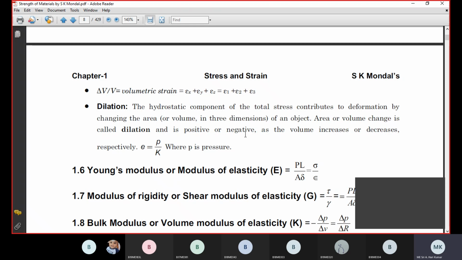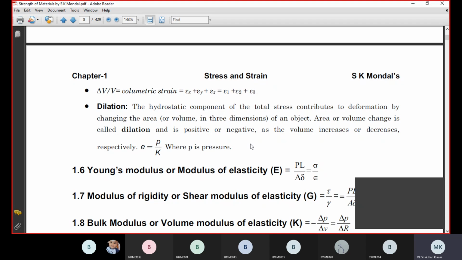Actually, the perfect example of the hydrostatic component is the buoyancy force. You might have come across this when you immerse a body in a liquid. When you immerse a body in water, the water exerts force on that body in all directions, and that force is equal because it is only the water causing that effect. So that is a pure example of a hydrostatic component, but it is all compressive in nature, only compressive stress. That is pure hydrostatic, which is why the name hydrostatic was given, because it resembles that kind of stress, the buoyant force.